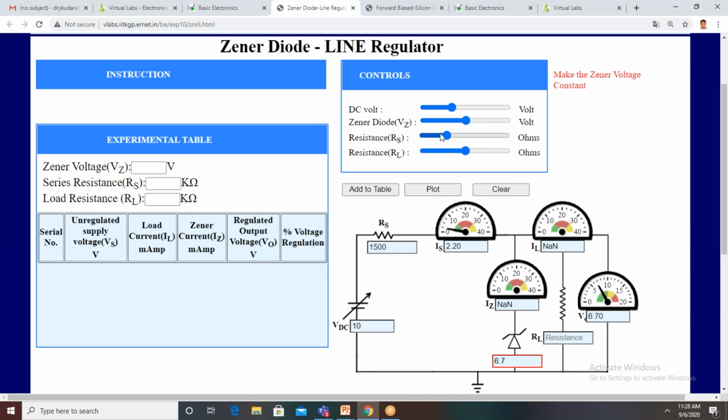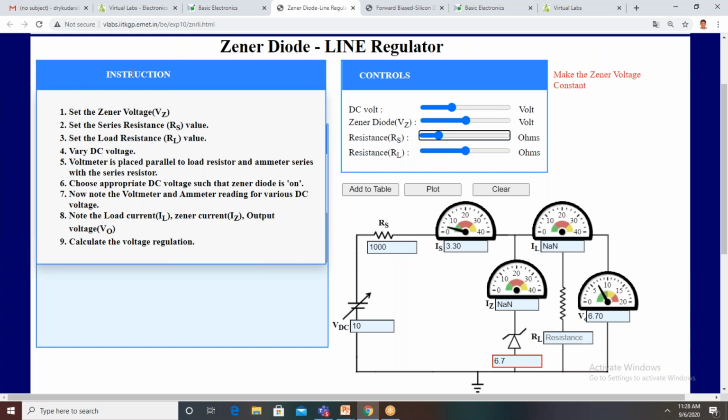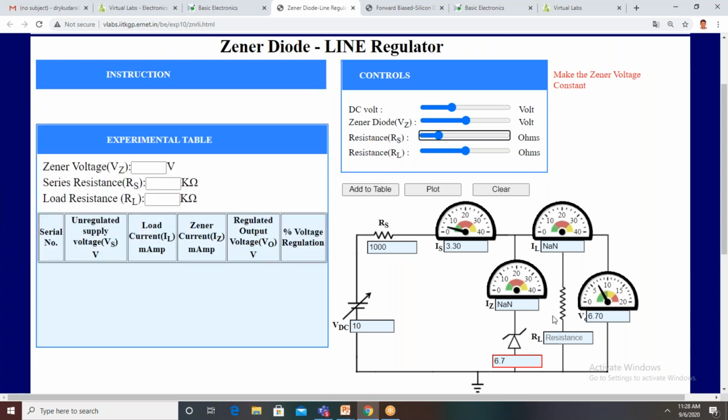For example, it is 1 kilo ohm. So the input or series resistance is set as 1 kilo ohm. Then we go to the instructions again: now set the load resistance. We can set any load, because it is line regulation, irrespective of the load and the input voltage, it gives a constant value. You fix any load resistance with the help of this knob.